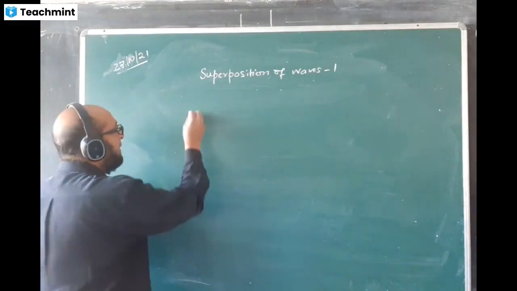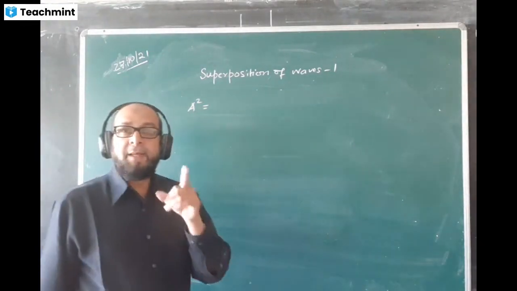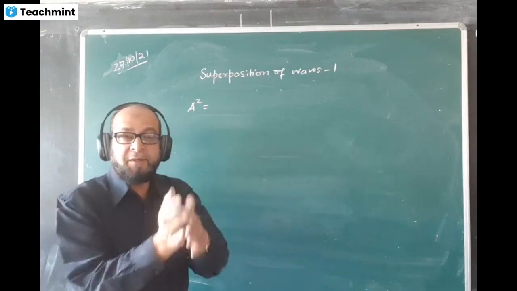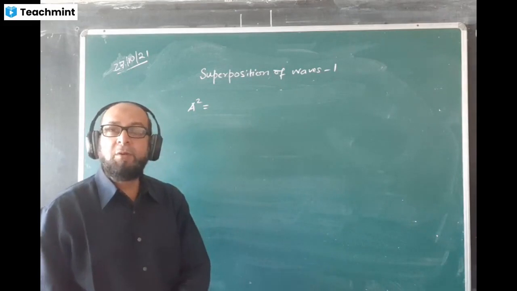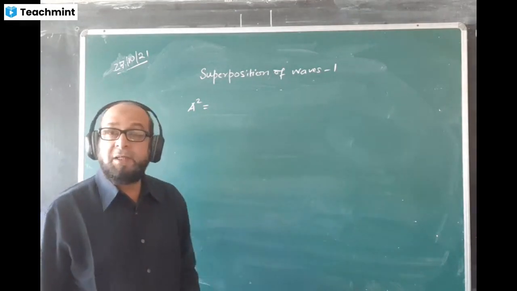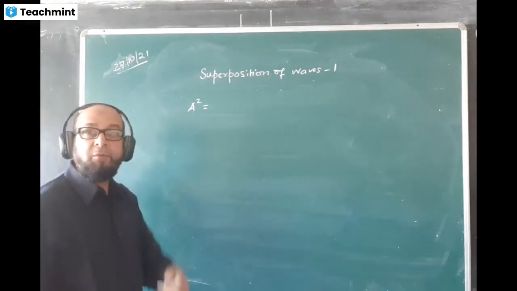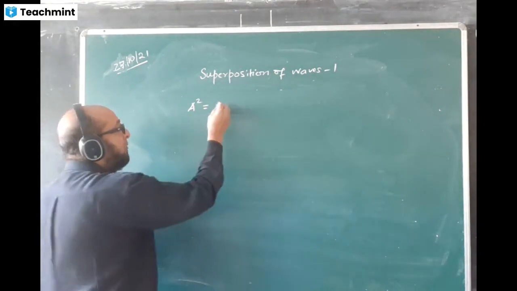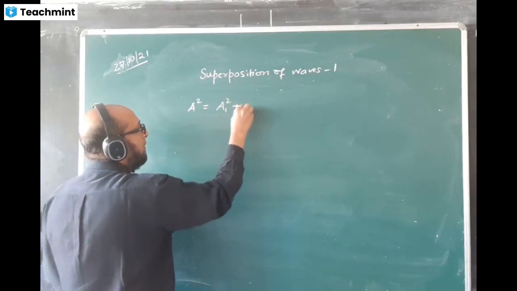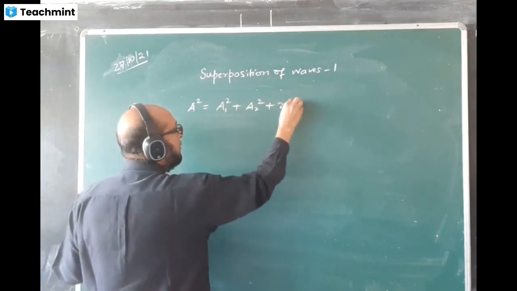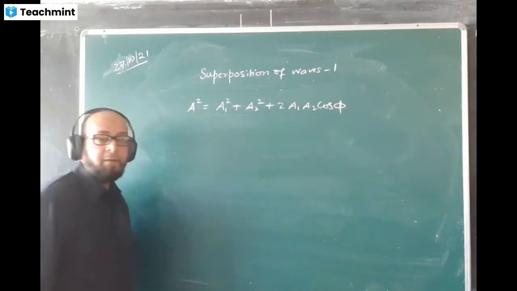So tell me once again, what is the formula of A square when two waves A1 and A2, making an angle phi, meet with one another? The resultant amplitude of the waves will be what? There will be a resulting wave, and what is the amplitude of the resulting wave? A, given by this formula. Just now I derived it. Tell me that formula. Please tell. What is the formula? Carry on. Cos phi, good.